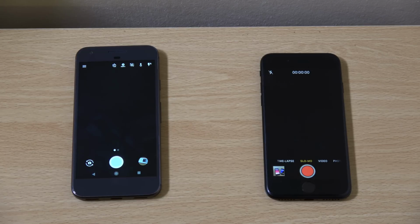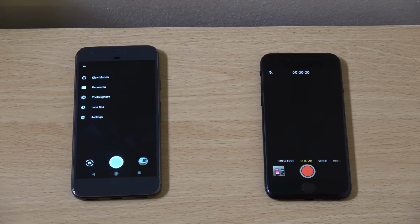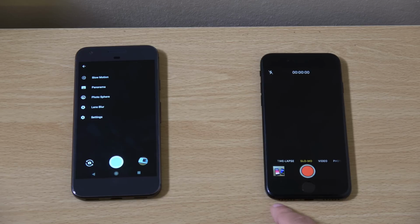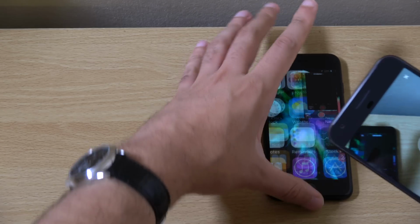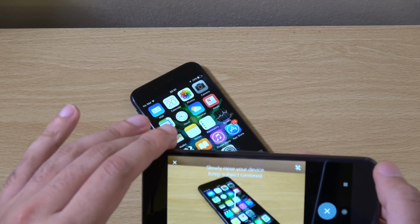There have been some comparisons so far, and the Pixel seems to live up to the hype. Very good performance all around, so I'll definitely check out the camera to see how they actually perform. You don't get the dual camera obviously on the iPhone 7, but you do get a lens blur feature on the Pixel, even on the smaller version, so maybe we can see how this works here. I've not really tried it yet, so let's just...